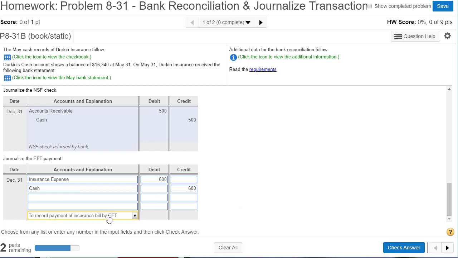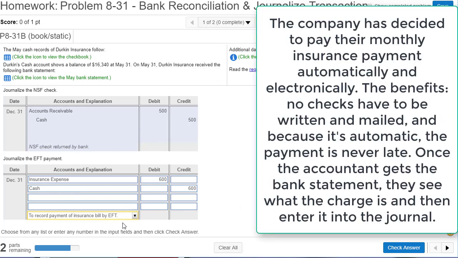So with this EFT, what we've decided to do is, instead of sending out a check every time the insurance is due, we're going to just have them automatically deduct that from our checking account. That way we're never late,